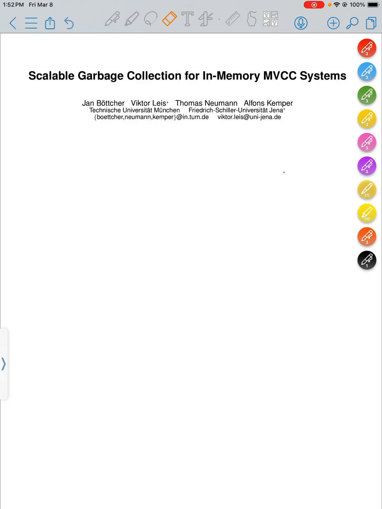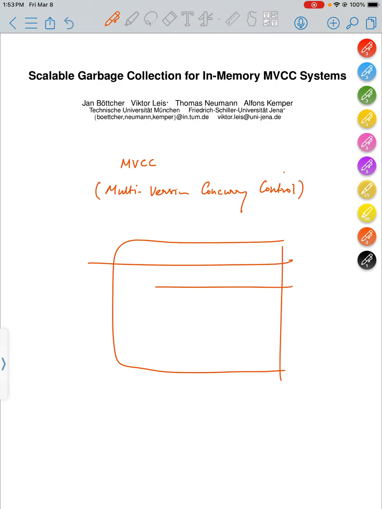And there's one other thing that you should know, which is MVCC, which is multi-version concurrency control. So what does this mean? Let's say that you have a big table where